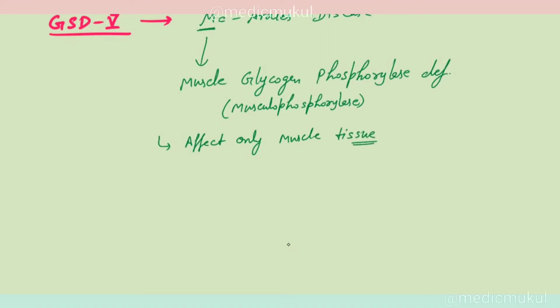So remember the same process. Glycogen phosphorylase deficiency will be there, so there is a myophosphorylase deficiency. If the glycogen phosphorylase is deficient, glucose will not form. When glucose will not form, glucose 6-phosphate will not form, and no glycolysis will be there. No glycolysis means a decrease of cell energy, and then it will finally lead to cell death.